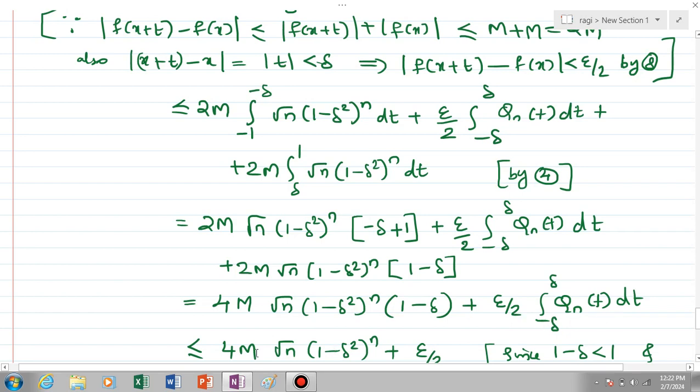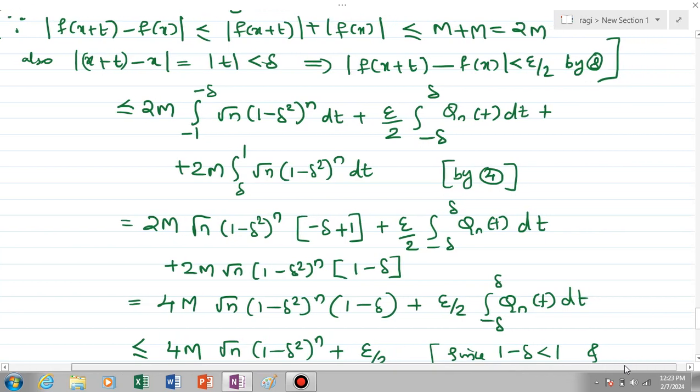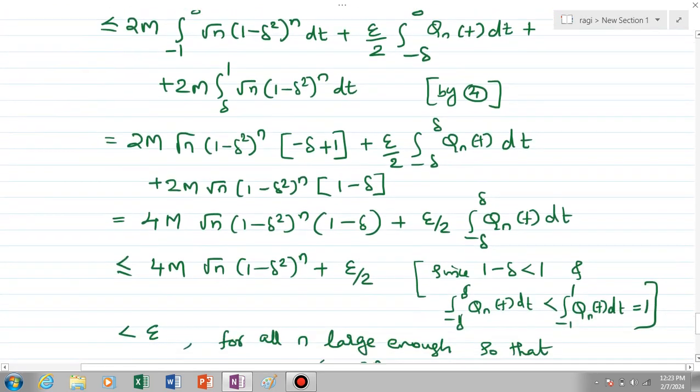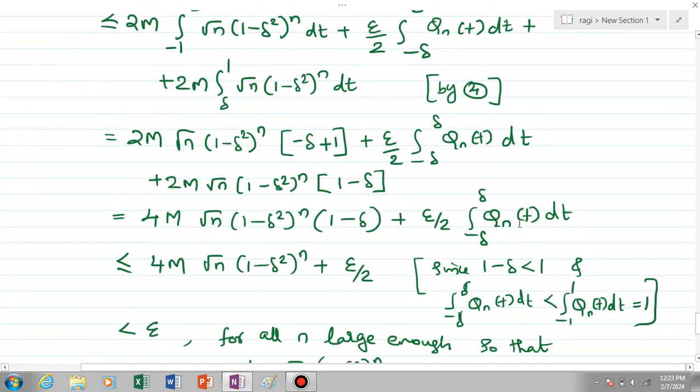Okay, and this is less than or equal to 4m into root 10 into 1 minus delta square to the n plus epsilon by 2, because this quantity 1 minus delta is less than 1, and the integral from minus delta to delta of qn of t dt is also less than 1, because the integral from minus 1 to 1 of qn of t dt is equal to 1,